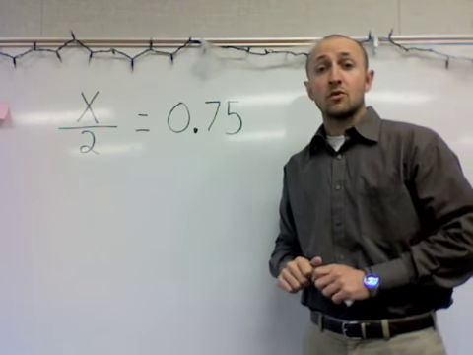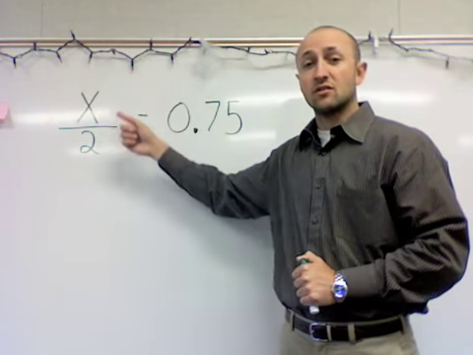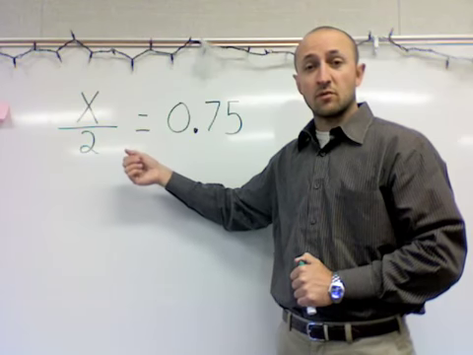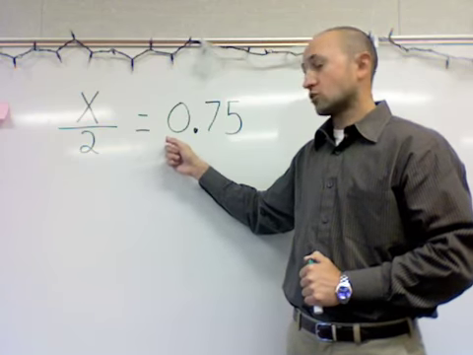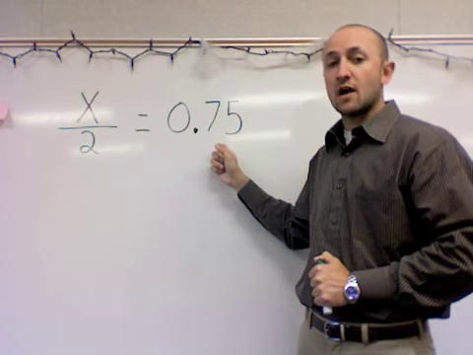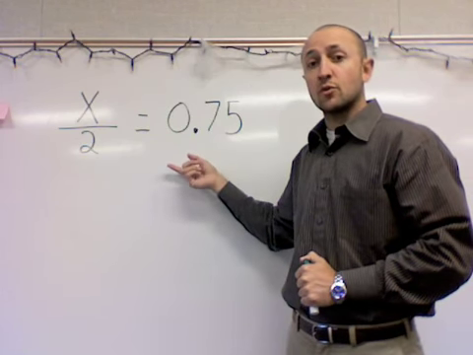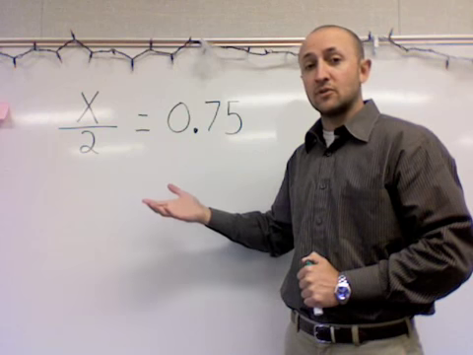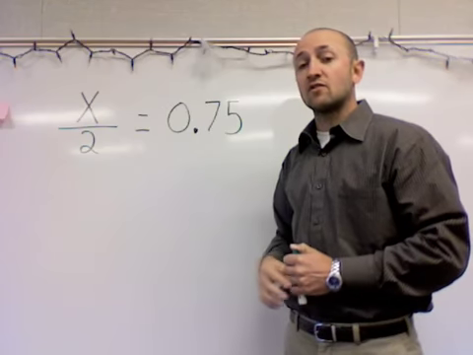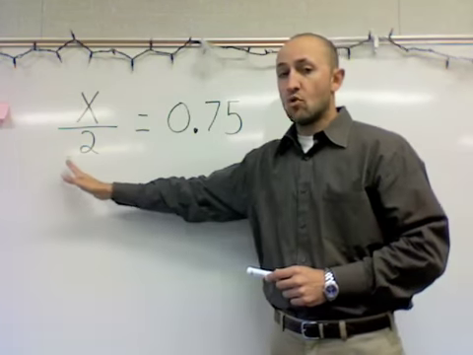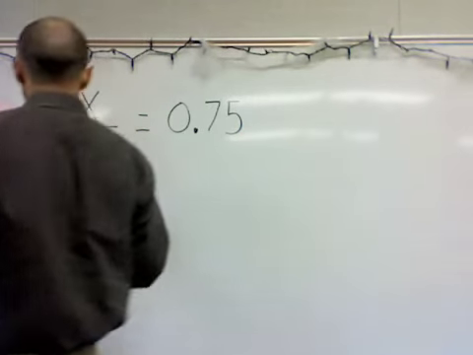The last equation we'll be looking at today involves division. So if I have an x divided by 2, because that's what this fraction bar means, it means x divided by 2. And we're being told it's equal to 0.75 or 75 hundredths. So remember, to solve this equation, I always do the opposite operation. So if I have an x divided by 2, that means I'm going to have to now multiply both sides by 2. So if I come over here and multiply this by 2,